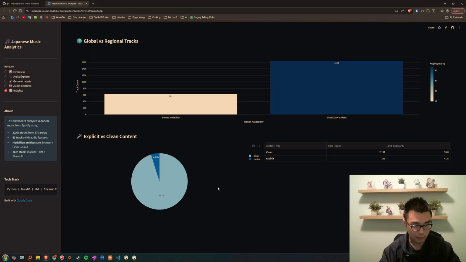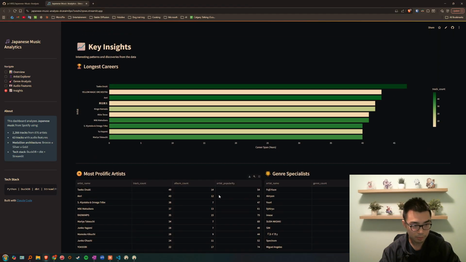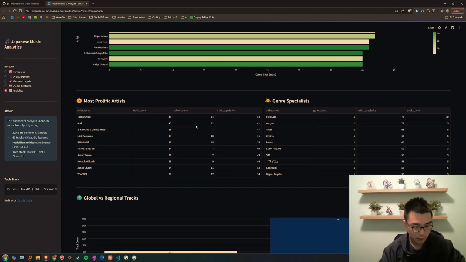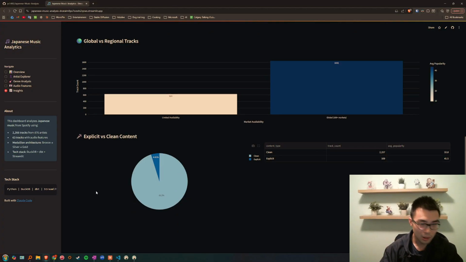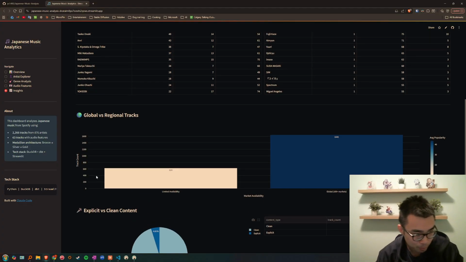And then let's take a look at Insight. So here we can see artists' career span, which is pretty interesting, I found. How many tracks they release throughout their lifespan. And then what are the different artists on the billboards. At some point, they would have reached very high popularity on Spotify. What does that trend look like? I can see some names here that I recognize. You get the point, okay? So this is the end dashboard. It's not super in-depth, but we're getting somewhere here, okay?